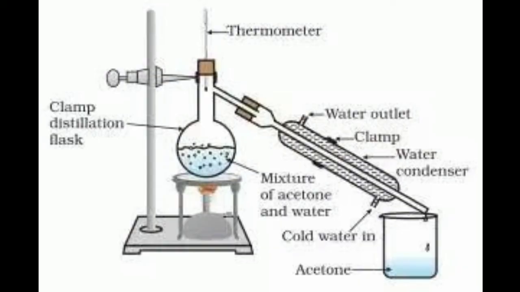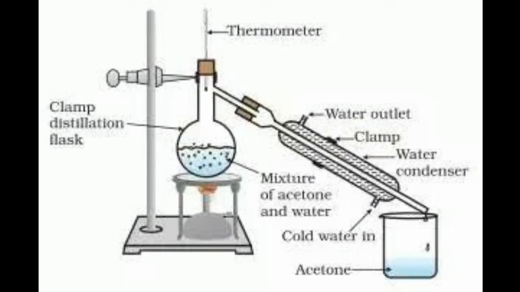We were discussing various separation techniques in the last class. Today also, let us discuss some more techniques. First one, how can we separate a mixture of two miscible liquids? For this we use the technique distillation. So what is simple distillation? The process of converting a liquid into vapors upon heating and then cooling the vapors back to the liquid state.